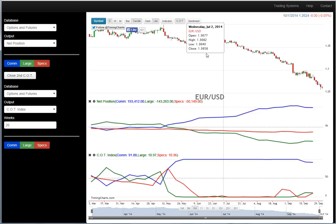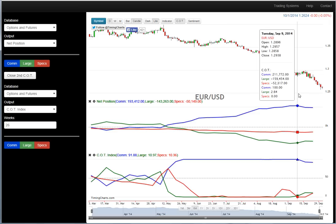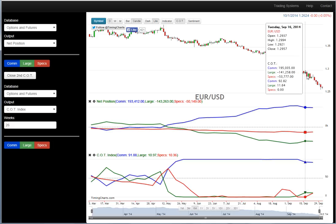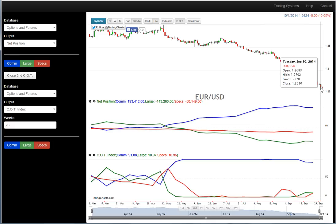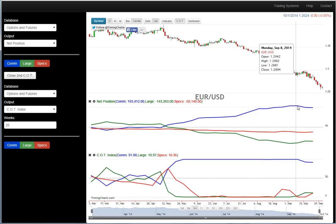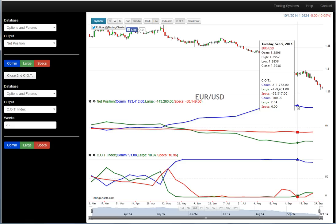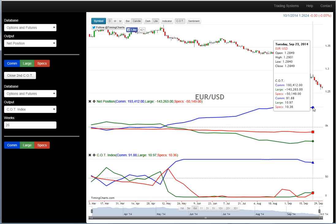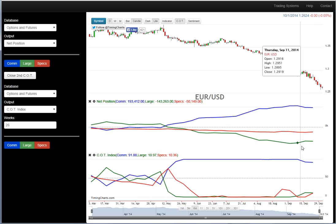Alright, so we're going to start out with our commitment of traders report. You can see that on the 9th, we had a little buying pressure going up, but then failed and shot right back down and put a pivot low on the 30th. If you can see on the net positions, commercial started selling from that 211 all the way down to 195 and then out to 193, and large speculators started unwinding slowly or buying,